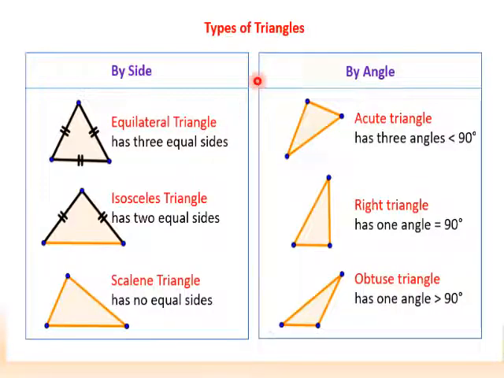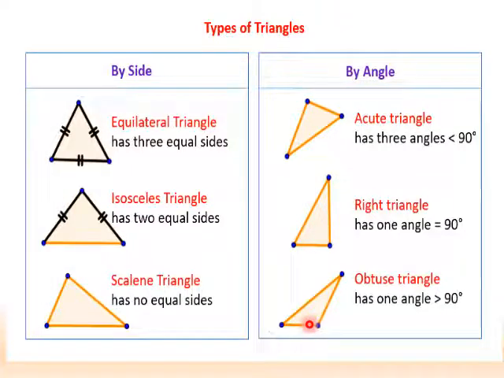If I want to classify the triangle according to their angles, up till now we mentioned three types. Acute triangle that has three angles, each one of them less than 90. I mean, there are three acute angles. A right triangle that has a right angle, and an obtuse triangle that has an obtuse angle which is greater